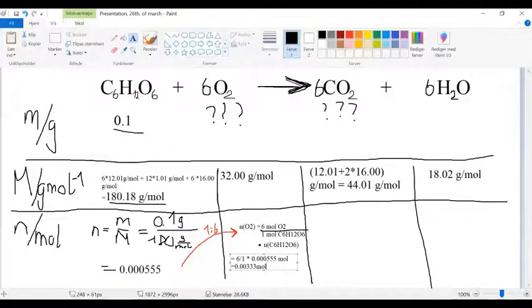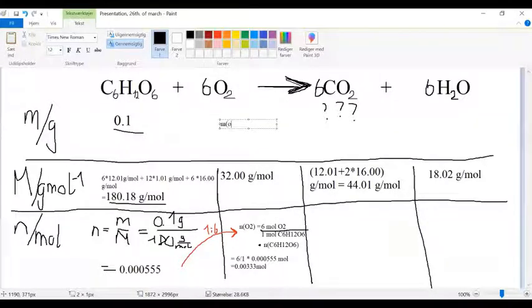And from there, just need to find my eraser, there we go. From there, we can calculate the mass of the dioxygen. So the mass of dioxygen will be equal to the molar mass of dioxygen times the amount of substance of dioxygen. So that will be equal to 32 grams per mole times